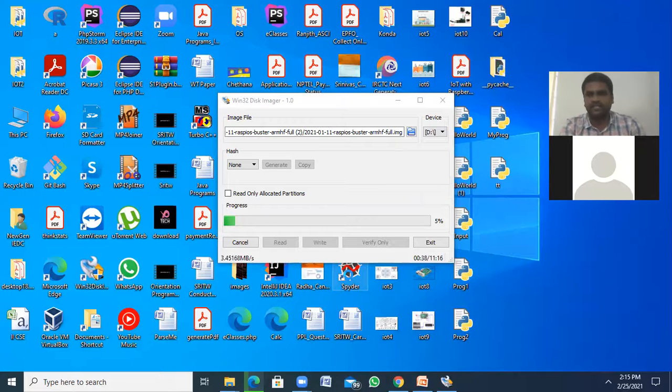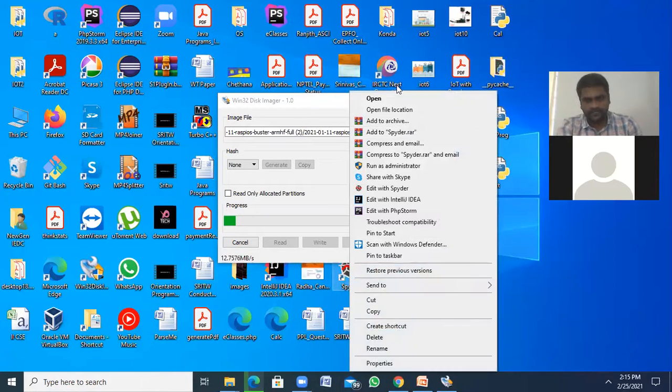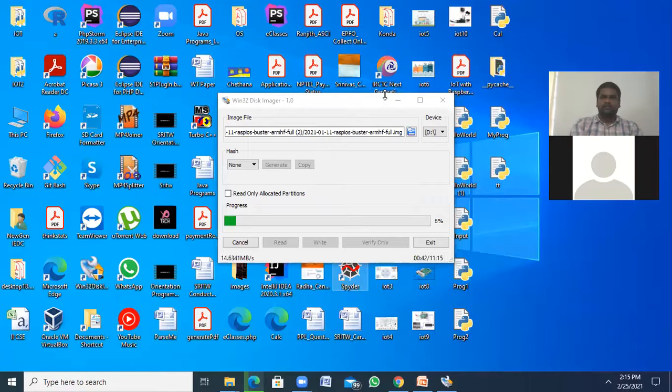I'm opening Spyder. In Spyder, we're going to practice some programs. It will take 10 to 15 minutes to write your Raspberry Pi OS image onto your SD card.